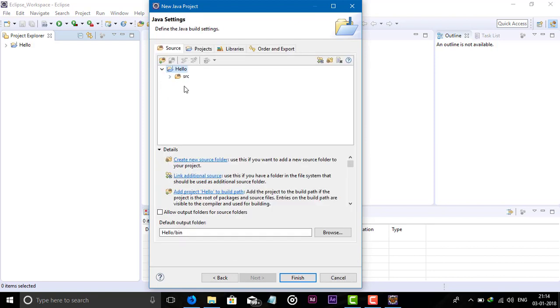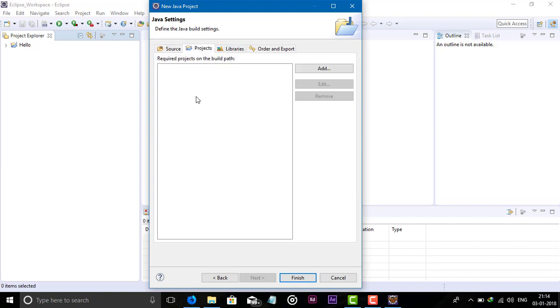You can see here that in our Java project we created one source folder. In the source folder we have to create class files and other packages. You can also add to the build path here.